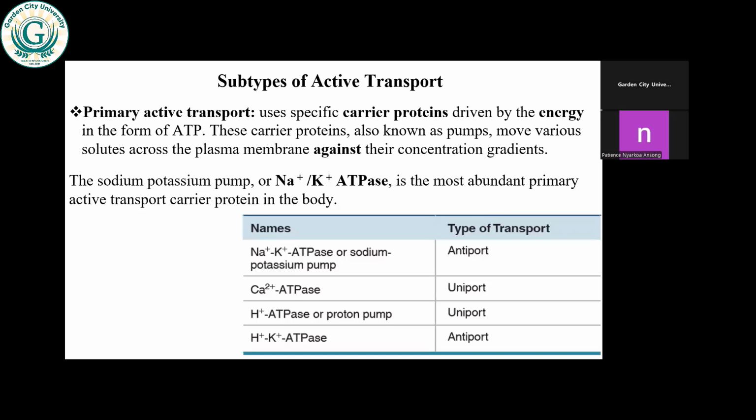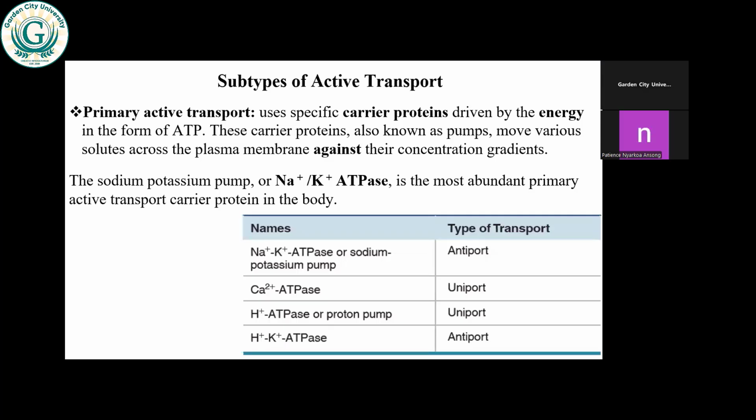And then we have the symporter. So uniporter is not an example of a co-transport. That one is transporting only one molecule. So it's either antiporter or symporter. Symporter is also transporting two molecules, but they are all moving in the same direction. Antiporter, the two are moving in different directions. Symporter, the two are moving in the same direction.